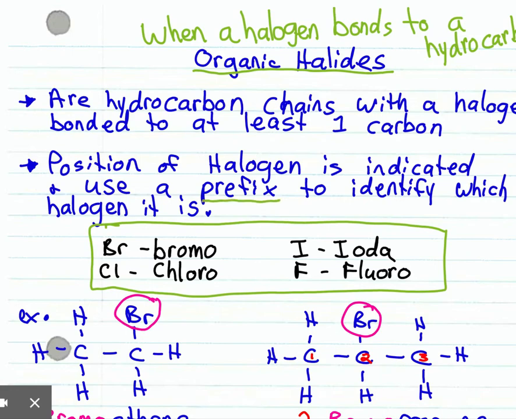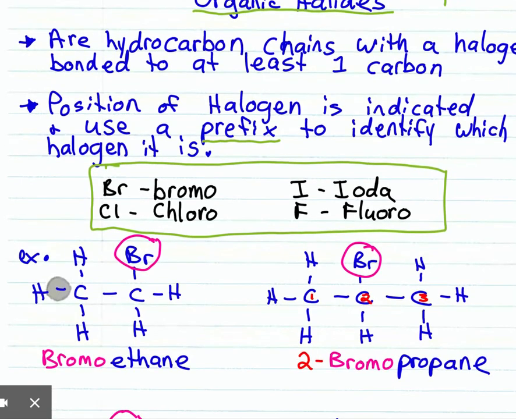If it's a bromine, you use bromo. If it's chlorine, it's chloro. If it's an iodine, you use iodo, and F is a fluoro. Okay, so we use a prefix to indicate which halogen is there and a number to indicate which carbon it is bonded to. So if we look at a couple examples,